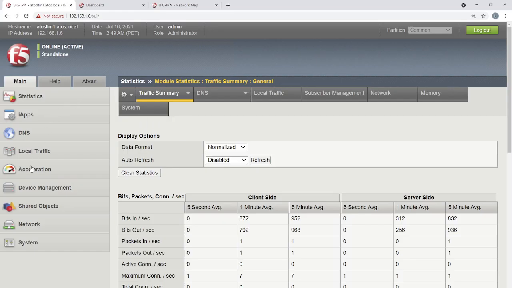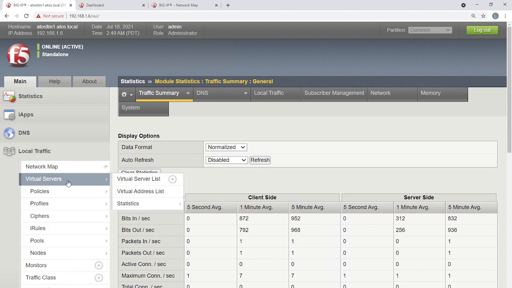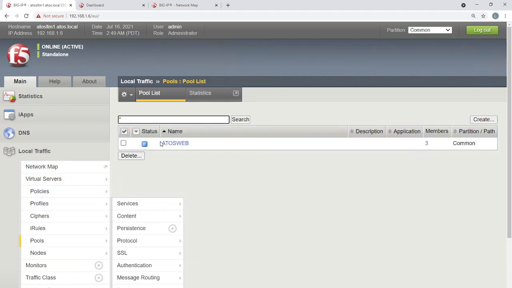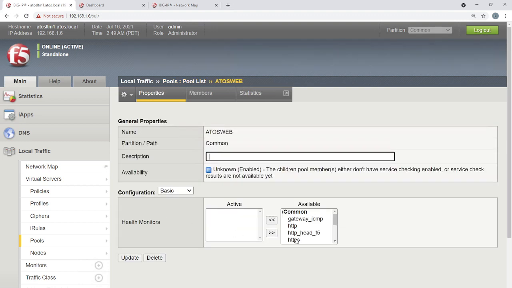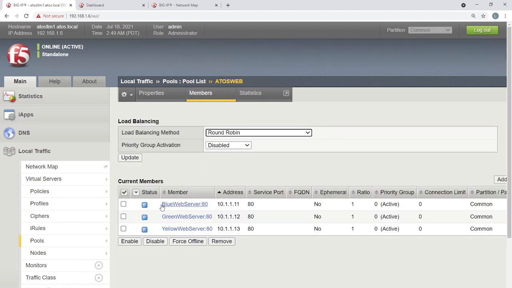If you go and check my LTM, you can see the pools. Check what all the pool members are available. These are all the pool members, the 3 members are there. Can you see something called the load balancing method as round robin? Did I configure anywhere that this is the load balancing methodology I want? No, I didn't do that. So this is the default configuration. LTM is going to choose round robin as the default method of distributing the load across multiple servers. Is that clear? Till this point is clear?